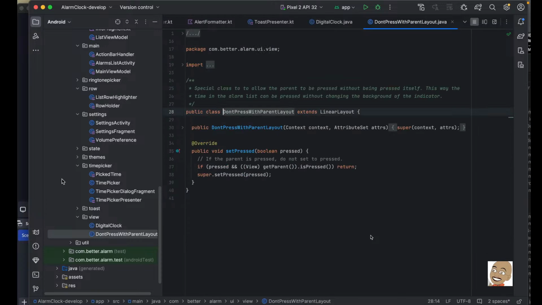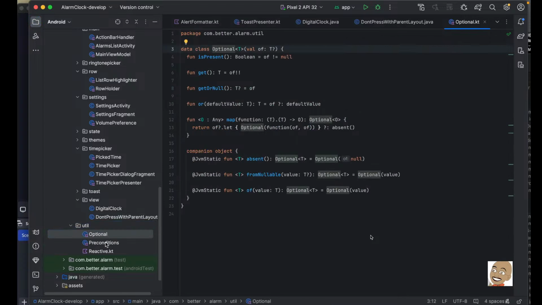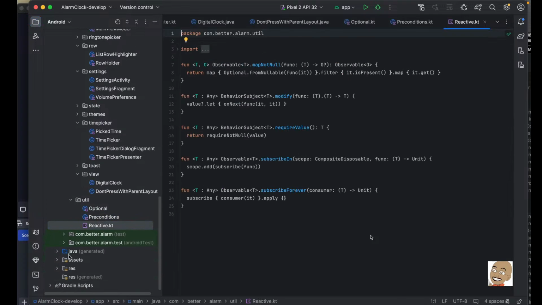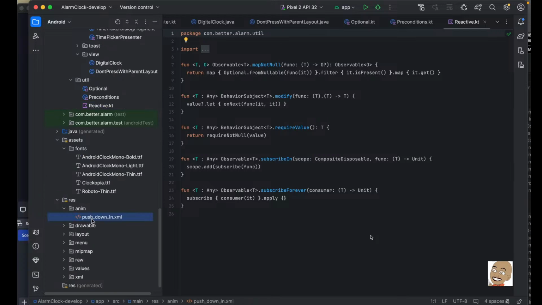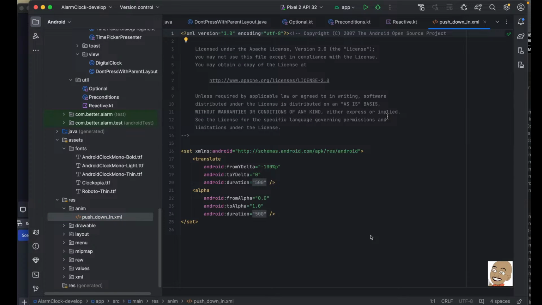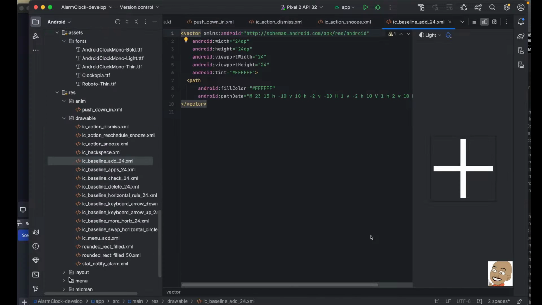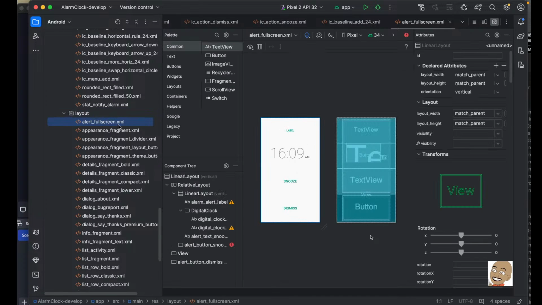Don't press with parent layout. Util folder. Okay. And resources. The different icons. The different layouts. Yeah, these are the different views. And